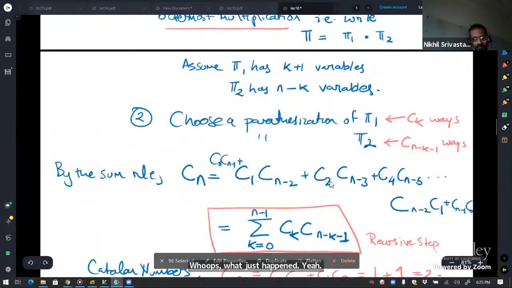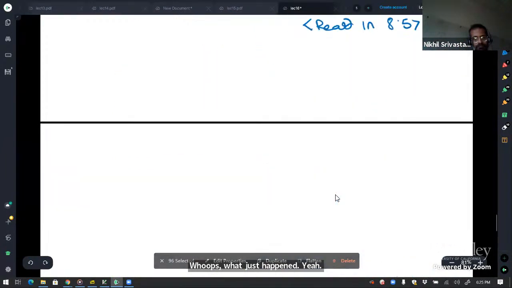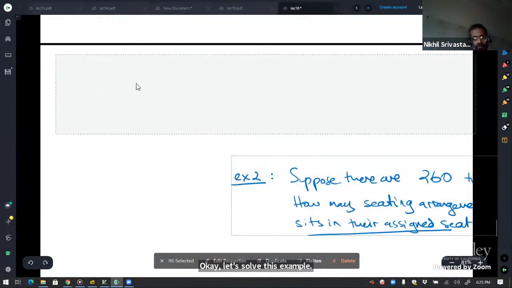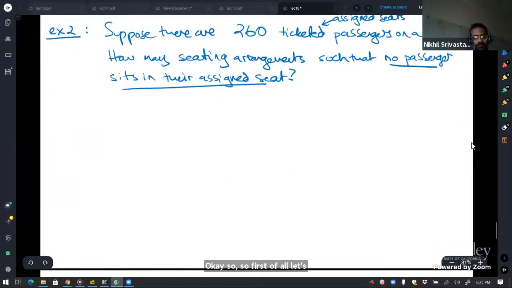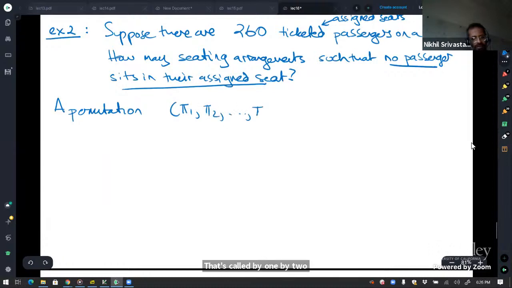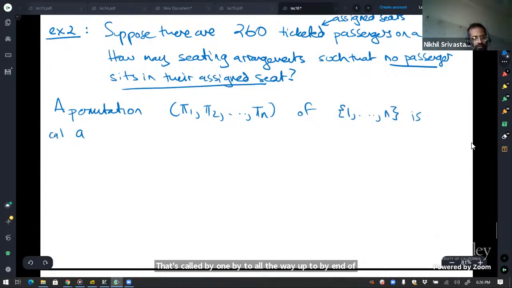Okay, let's solve this example. First of all, let's formalize this into a mathematical quantity. This actually has a name, it comes up a lot. A permutation, let's call it pi 1, pi 2, all the way up to pi n of 1 through n, is called a derangement